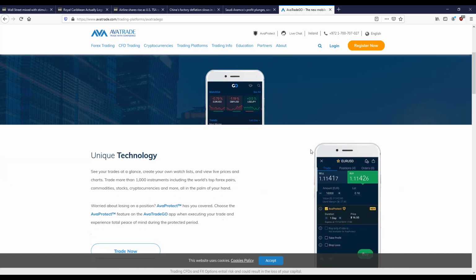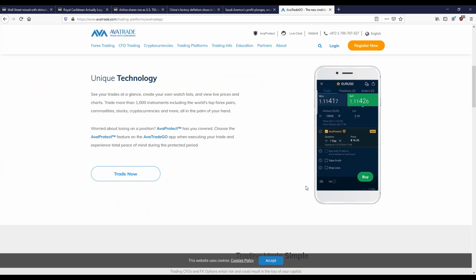And you'll see nice features for managing your risk. One would be Ava Protect on many of the assets, FX pairings, gold, silver. You can cover against all losses for defined time periods for a small premium cost. As you adjust the trade size and the length of the coverage period, the premium price will change. And you might cover a scalping move for an hour, you might cover a longer term move for 2 days